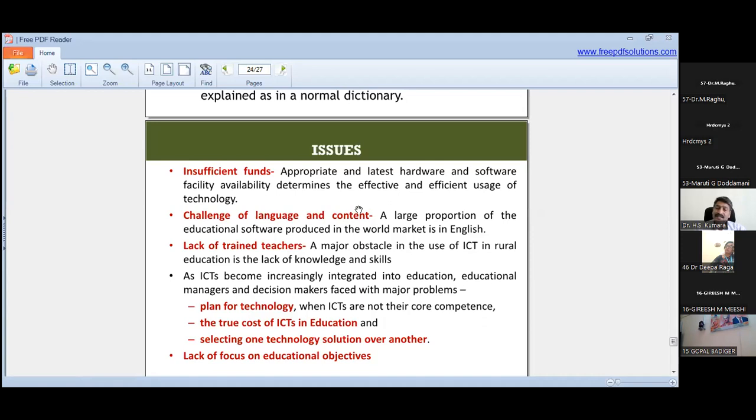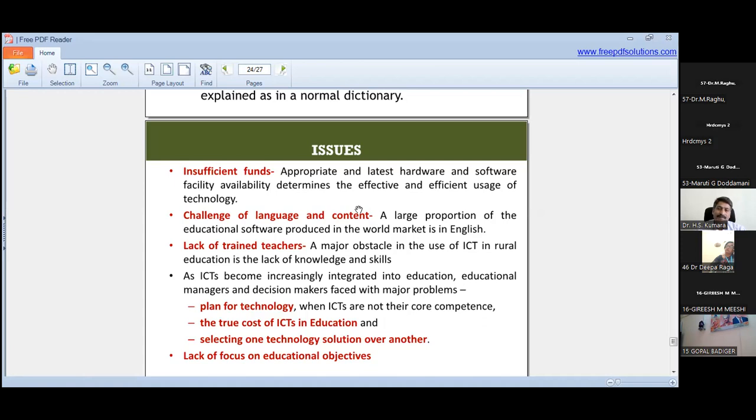Another thing is the lack of teachers trained in ICT, especially in rural areas, because it is very difficult to access the various software and applications. I think we require skilled teachers to train in the use of ICT, not in subject matter but in information and communication technology.